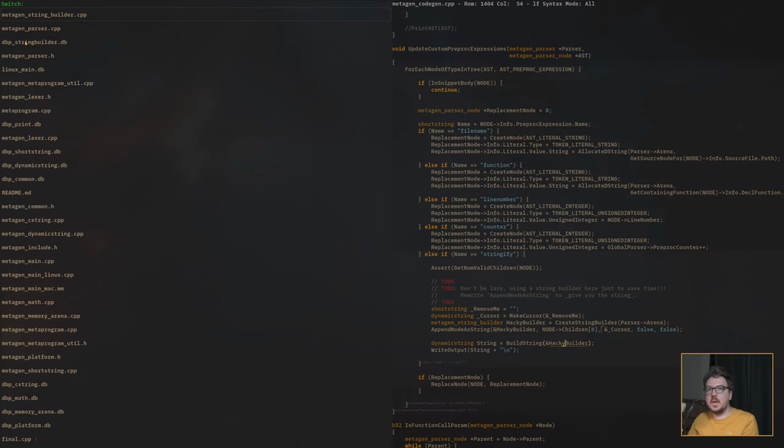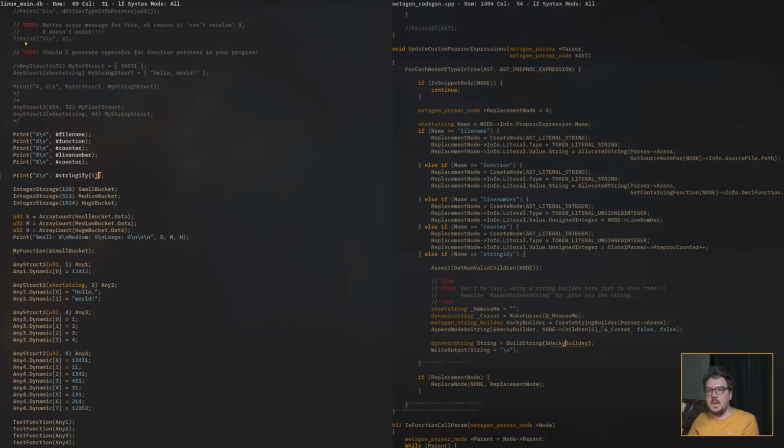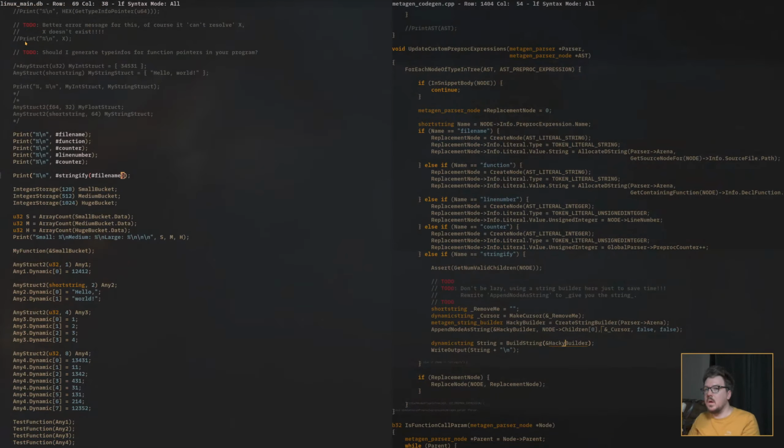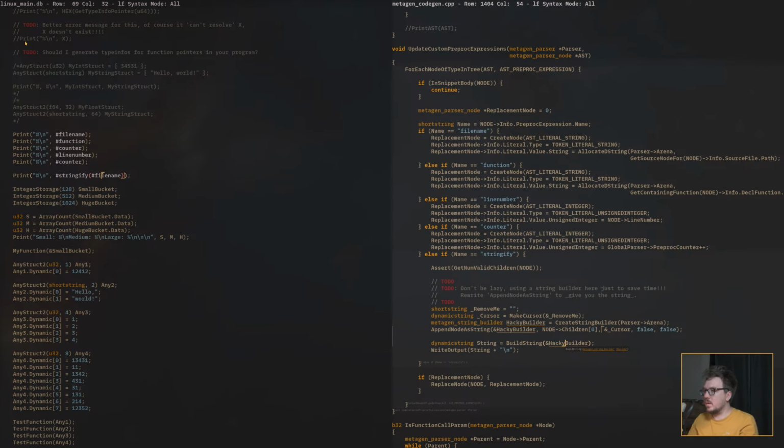If this thing was like a file name, right? Append node as string. Ooh. Because that's still an expression at this point. We haven't... Right. Stringify should come literally at the very, very end.